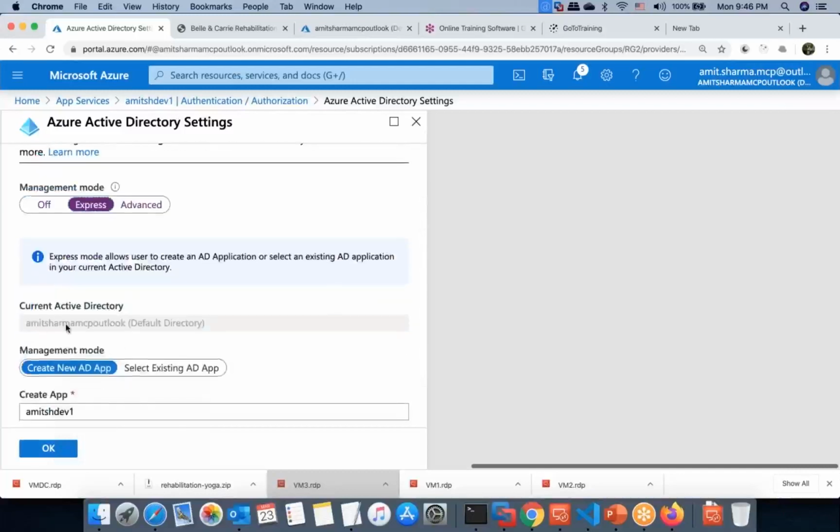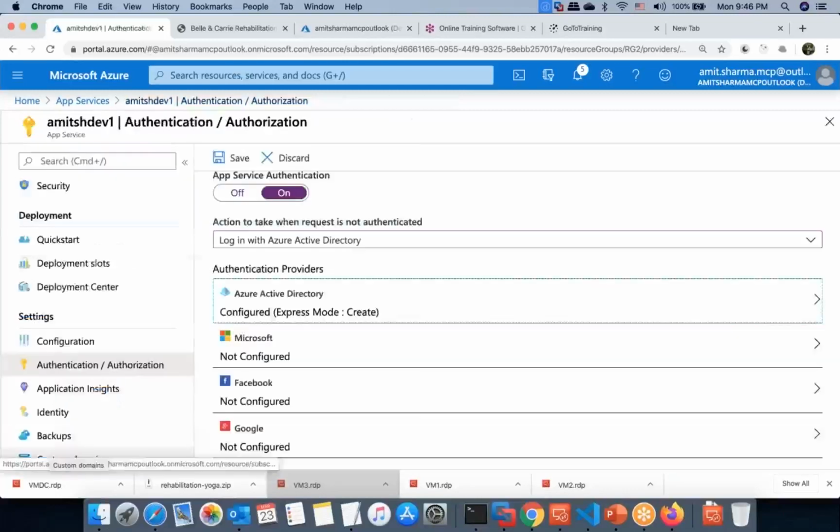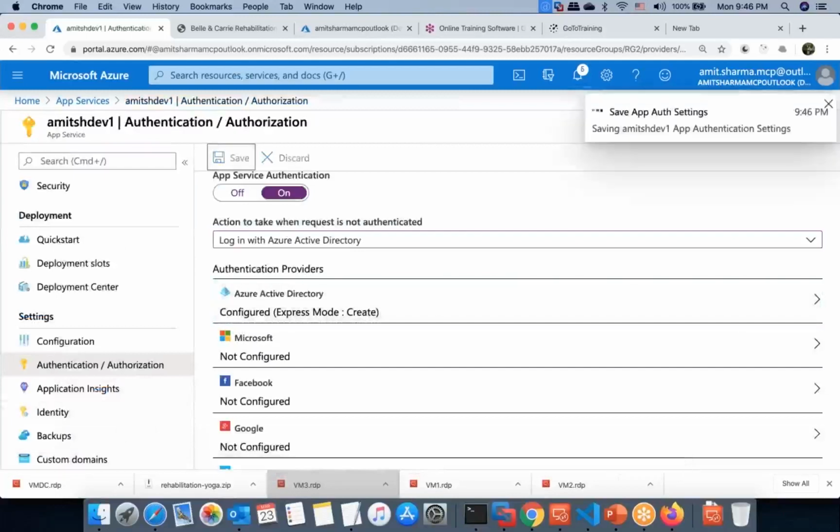My current directory is Amit Sharma MCP Outlook. Under that, it will create one app called Amit Dev1. I'm not giving a common data services permission. I'm just giving this permission to this particular website only. And I say okay. Once I do this and I say save,